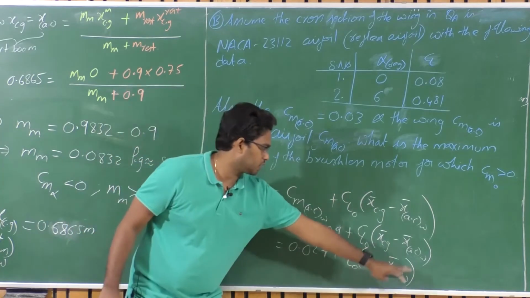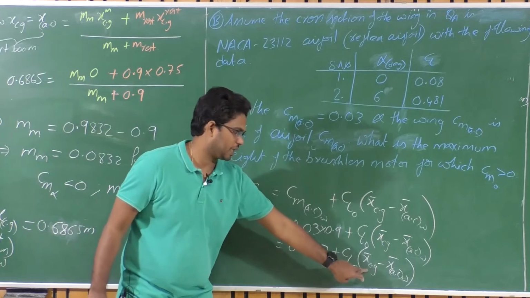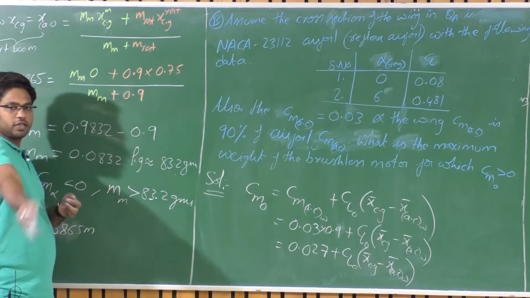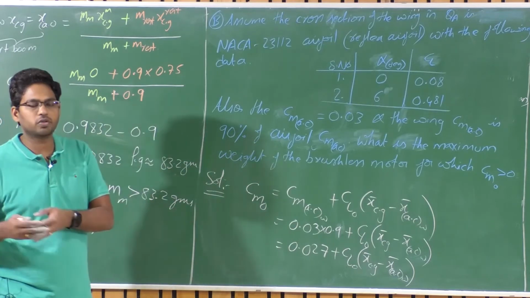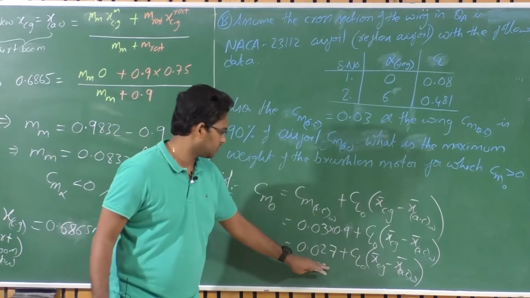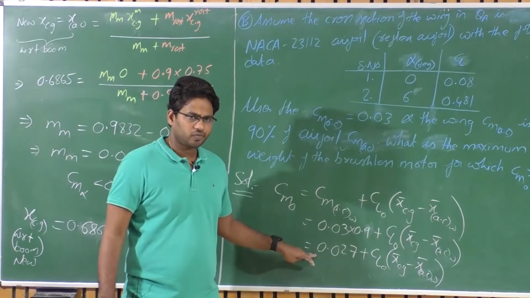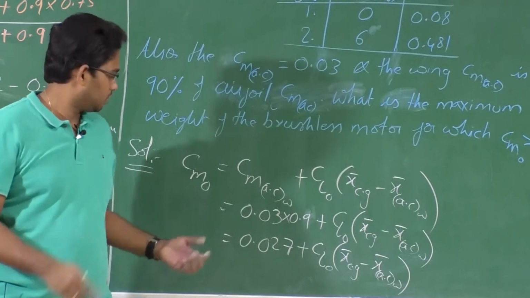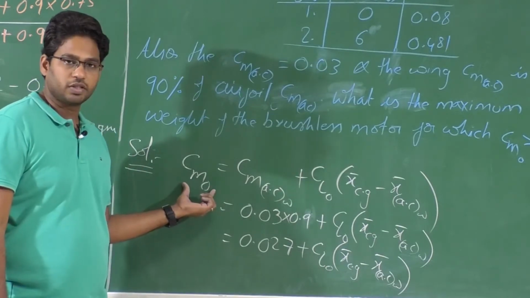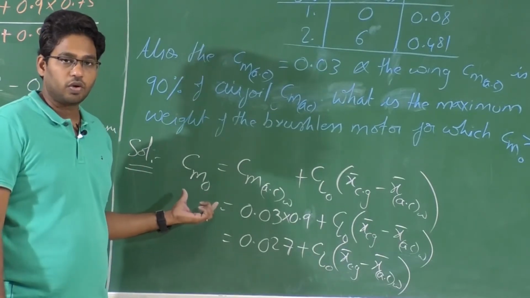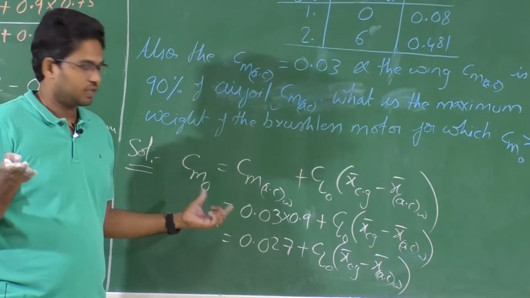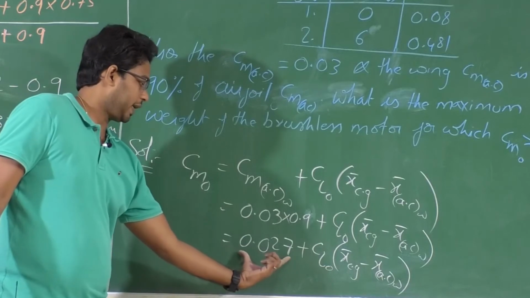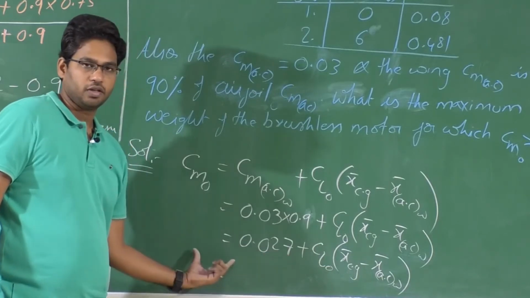So that means this particular quantity, the minimum weight, is about 84 grams. Now if you consider 200 grams or 300 grams, that still makes this positive. So in order to get that answer, first we need to find out what is the limiting condition. When can Cm naught become 0? What should be the weight of the battery I need to add such that this quantity becomes negative, or exactly equal to this particular quantity?